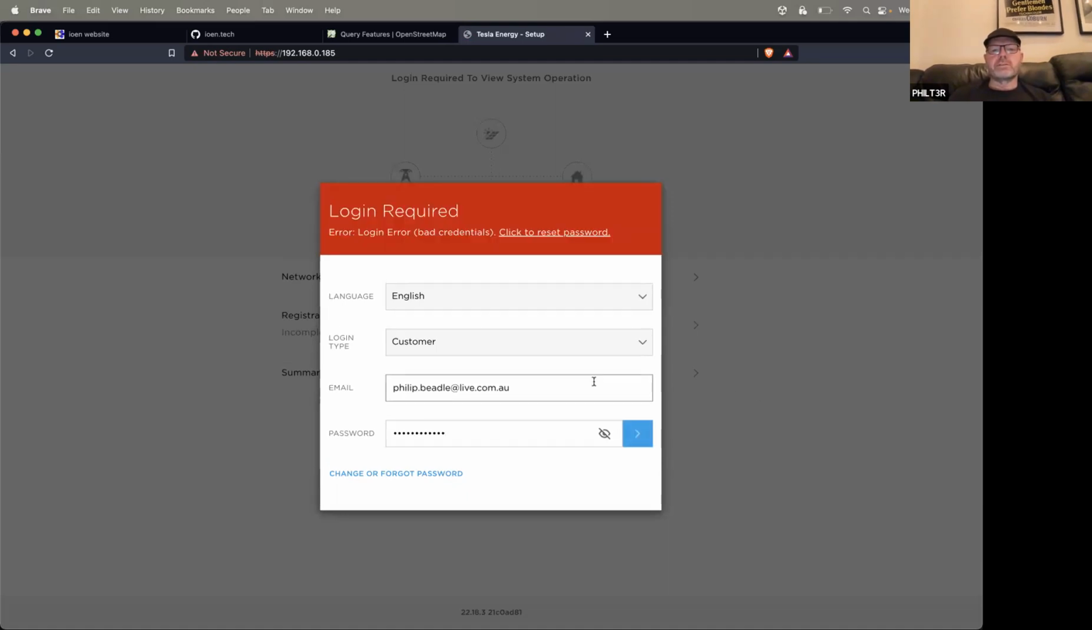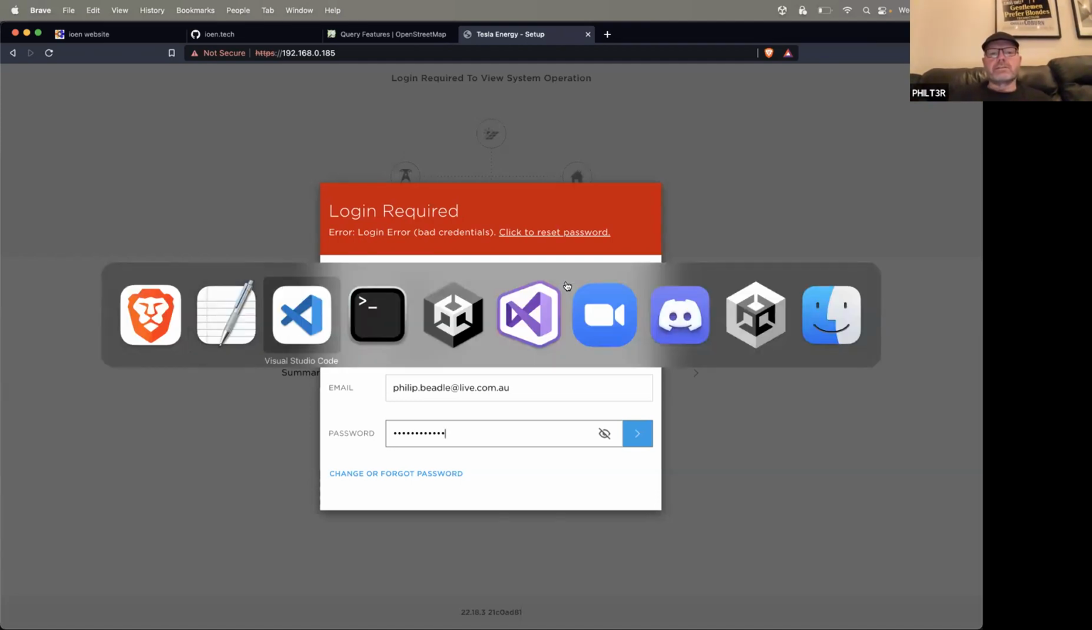Tesla Powerwall. Oh, login required. Okay, that is the login. Maybe it's not the password. Anyway, there's always another way around things. Can you guys still see me on the camera? Yes. Can you see my phone? No, too hard. Anyway, actually, I know what